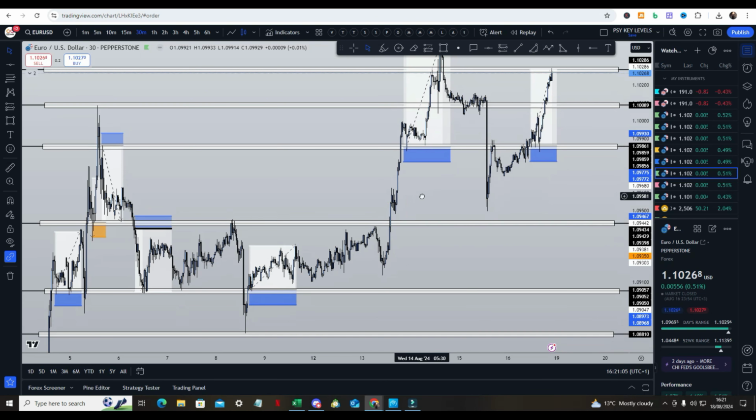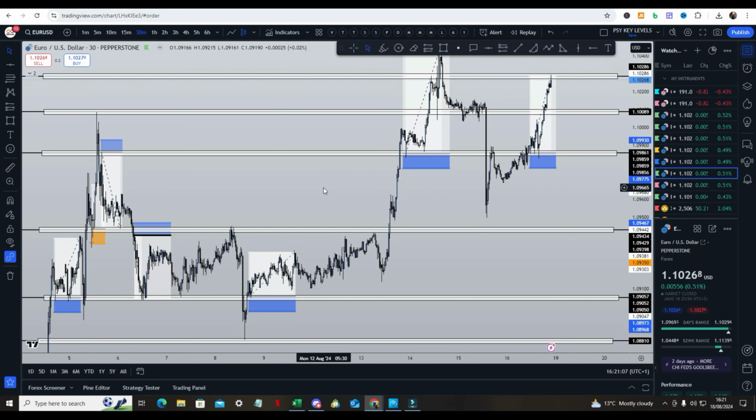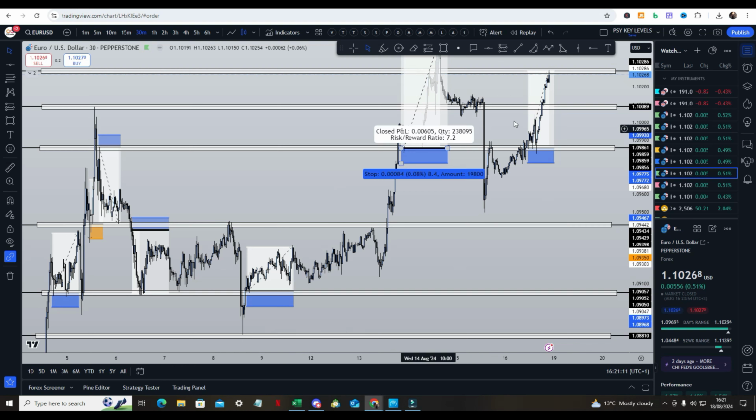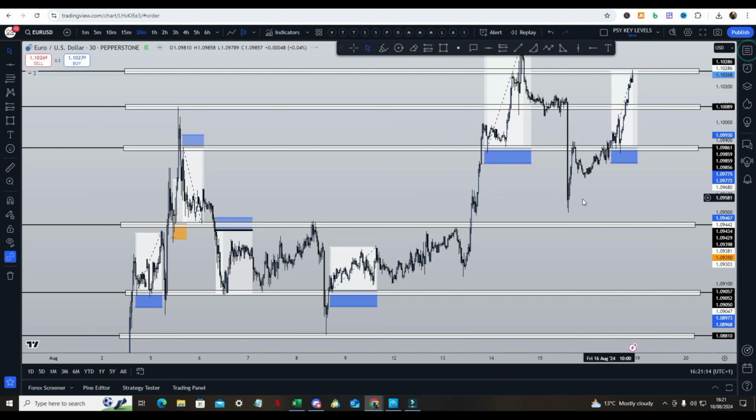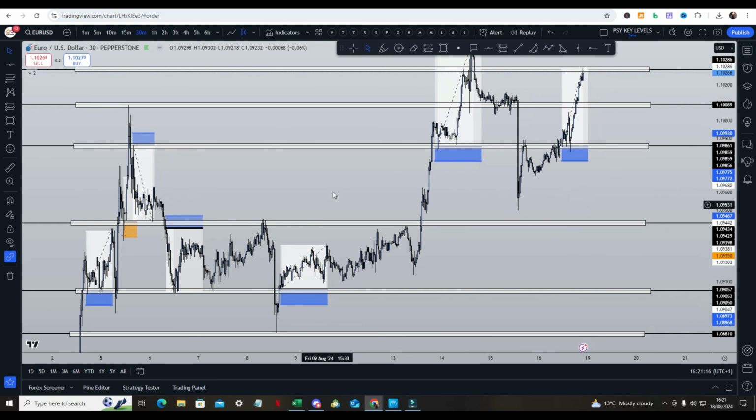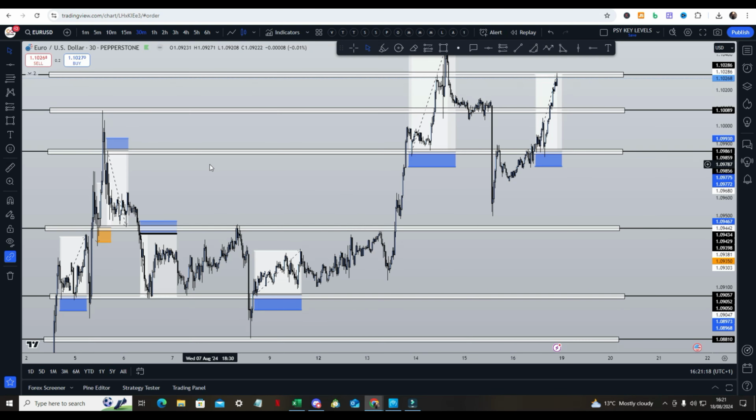Now suddenly I've added the levels, key levels. Some people call these zones, supply and demand levels, support and resistance levels. I call them key levels because that's what this game's really all about. Let me just make this bigger so you can see more clearly. As soon as you add the key levels, the entries become easy themselves. The better the key levels, the better the support and resistance levels, the easier it is to know where to